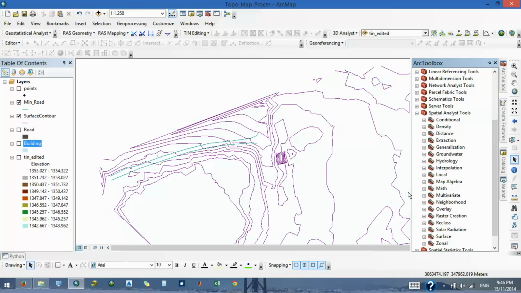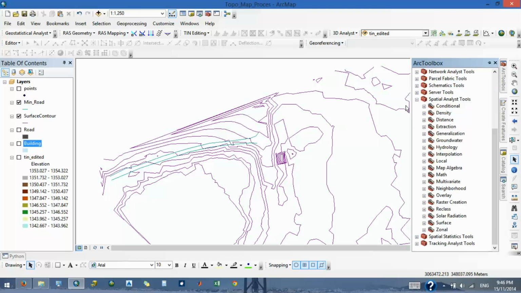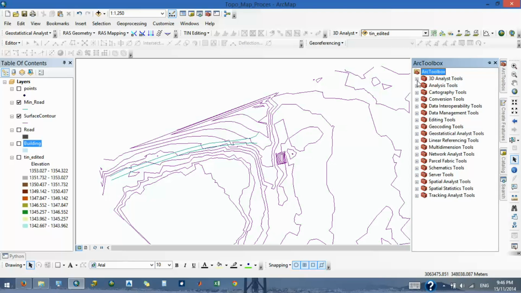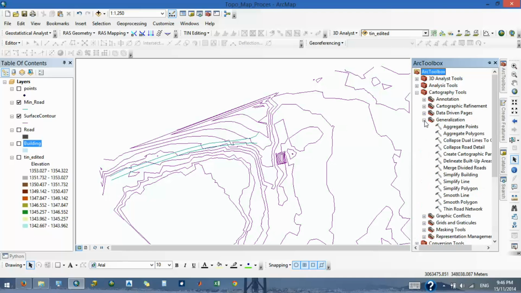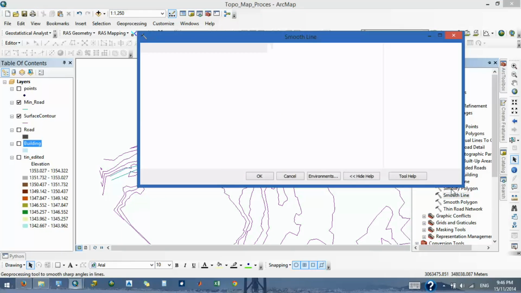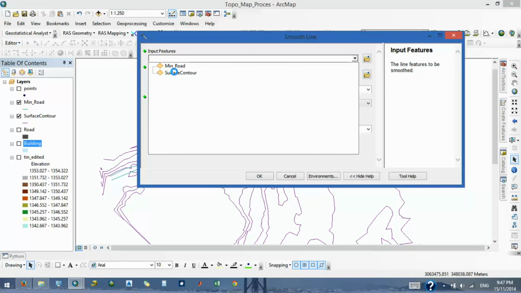See, in surface, contour is here. Okay, contour is here. So I think it is smooth polyline. In cartography, generalization, simplify line, maybe here. A smooth line, yeah, I think it's here. Smooth line sharpens angles in lines to improve aesthetics. I use this. Okay, in that surface contour,